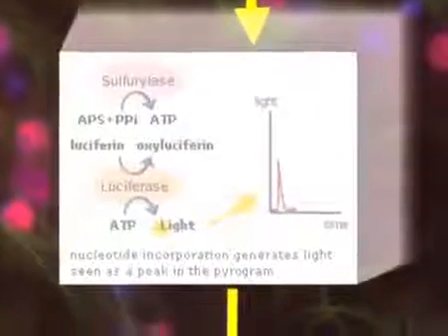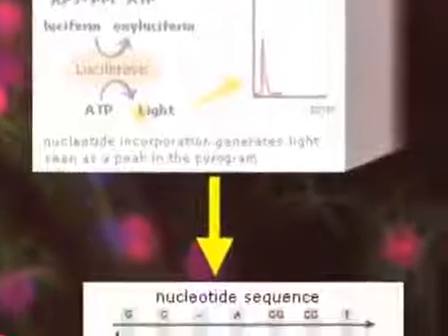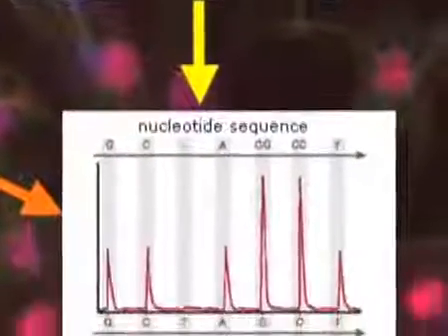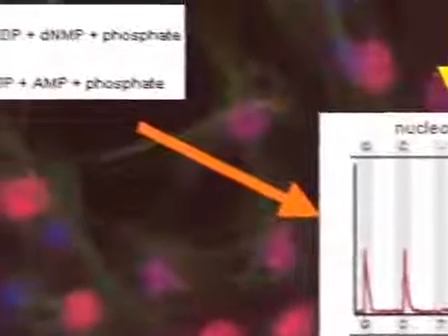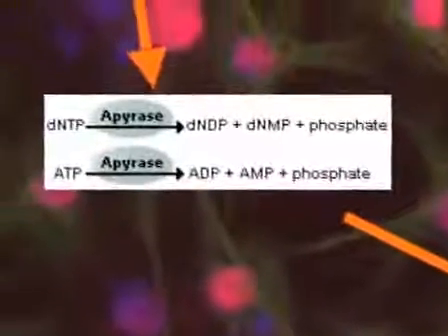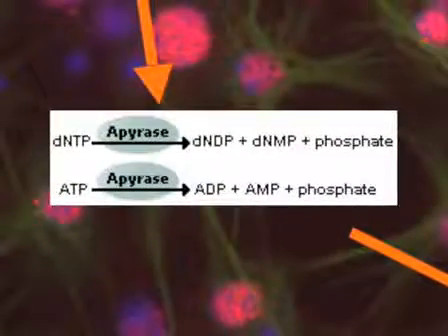The emitted light is collected by a CCD camera and recorded as peaks, also known as pyrograms. Any nucleotides not incorporated into the DNA strand are degraded by apyrase to prevent background noise. This procedure involves the following steps: assay design,